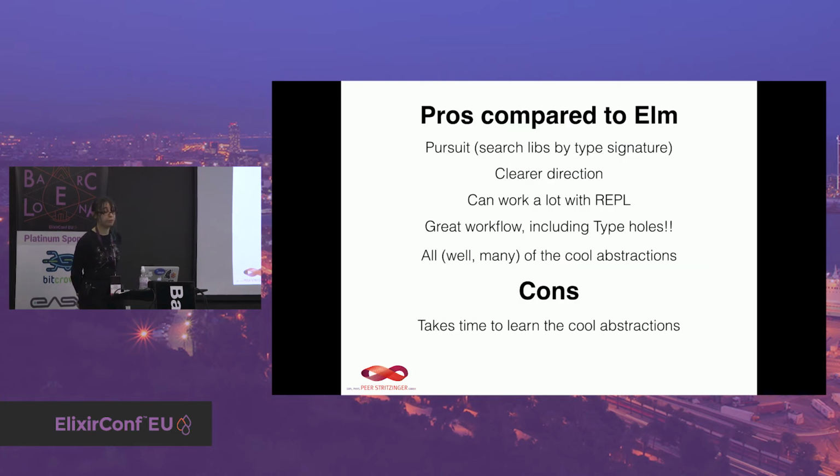And also, there are a bunch of outright pros compared to Elm, the main of which is Pursuit, the search engine for the code. So all the Purescript libraries code is searchable by type and also by keyword. So you can find operators, type, function that conforms to some type, everything, and it tells you where they are, and it gives you documentation, and it's really nice. Also, it's got a clear direction because it's basically following Haskell,